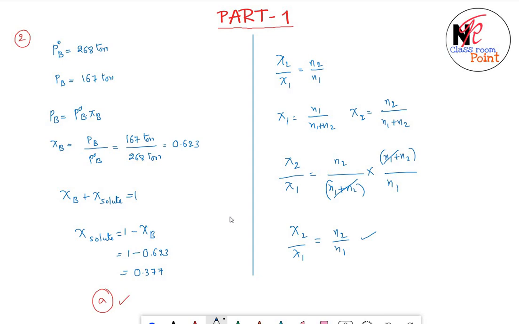Now let's go for another question. In question number 3, we need to calculate the number of moles of glucose. Here the concept is osmotic pressure, which is linked to the subconcept isotonic solutions. Now let's see the given data. Since it is isotonic, the osmotic pressure of the blood is equal to the osmotic pressure of the glucose. So we need to calculate the number of moles of glucose, and we can use the osmotic pressure of the blood since they are equal.